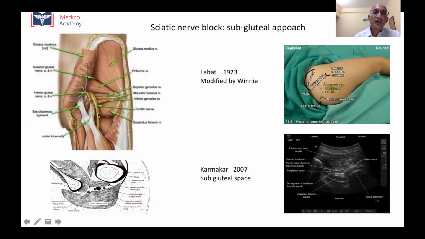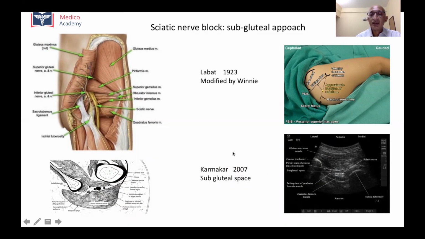Coming to a little lower down in the buttock, the subgluteal approach, as described by Labat and modified by Winnie later, we draw a line from the PSIS to the greater trochanter of the femur. From its midline, we drop a perpendicular to meet a line which is joining the greater trochanter to the sacral hiatus. Where these two join, that is the needle insertion point. With the help of ultrasound, the approach was